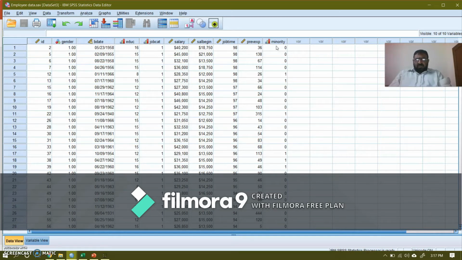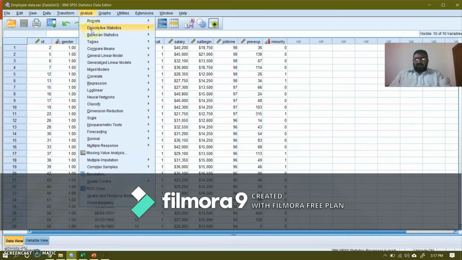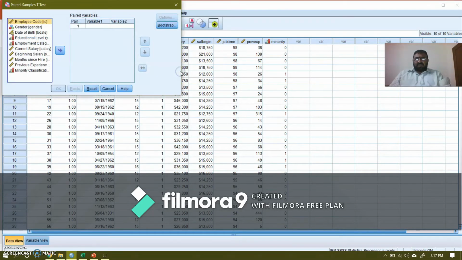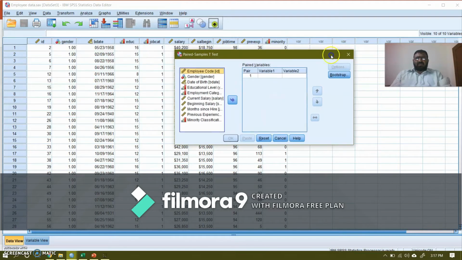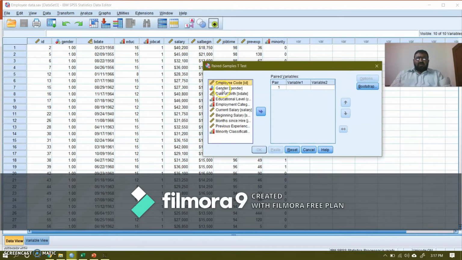Since I'm using paired sample t-test, I'm going to analyze, compare means, and paired sample t-test. Now I get this dialog box, and all my variables are listed here. So I have to select two variables for which the means will be compared, and the paired sample t-test will be computed.